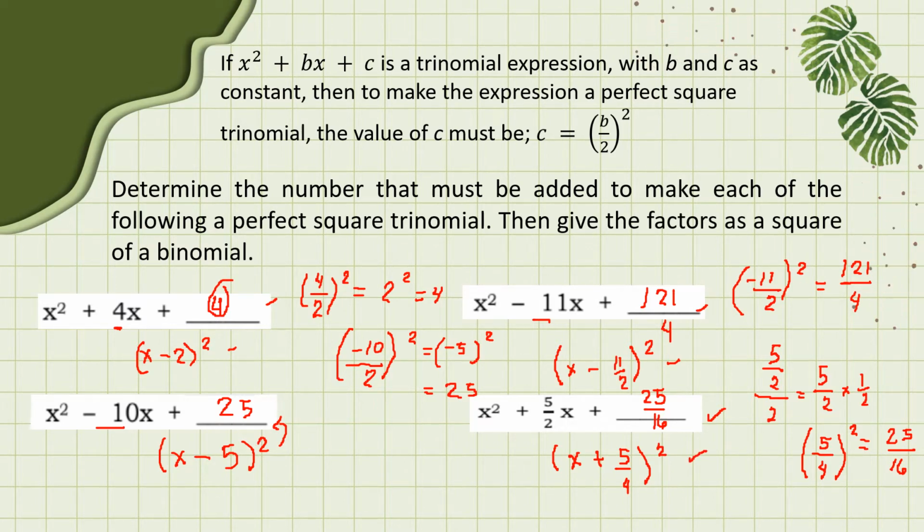I do hope you understood this because we need it in our lesson. So, how did you find these given examples? Were you able now to recall how to find the constant term of a perfect square trinomial? This topic is from when you were still in grade 8. Were you able to factor them as a square of binomial? I do hope you understood. Let's proceed